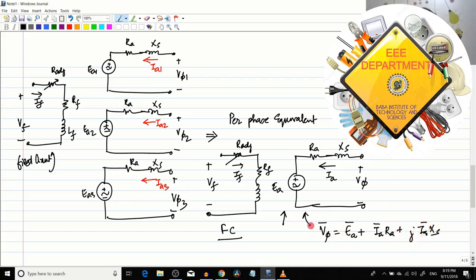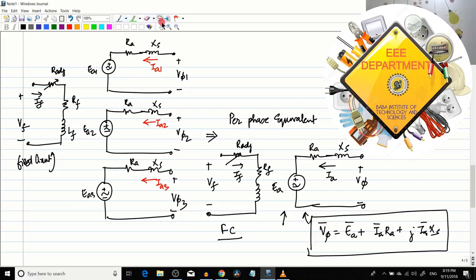Okay. So when doing numericals, we will find that in the earlier case EA was leading the value of V phase, right? In this case, actually EA will lag the V phase. We will do that when we understand the magnetic perspective of the synchronous motor. We will do the phasor diagrams in the next session or the session after the next. So this is the basic equation that we can derive.